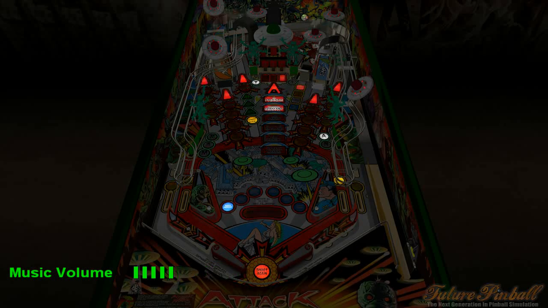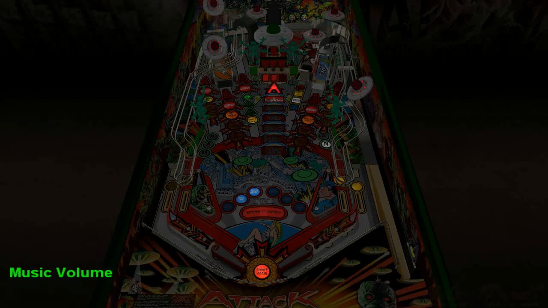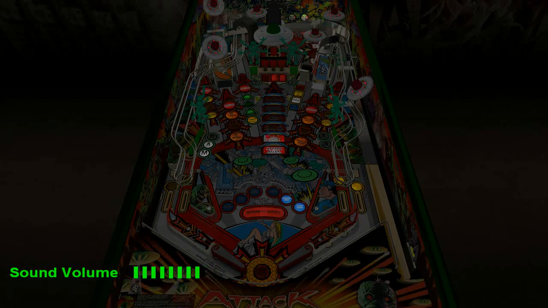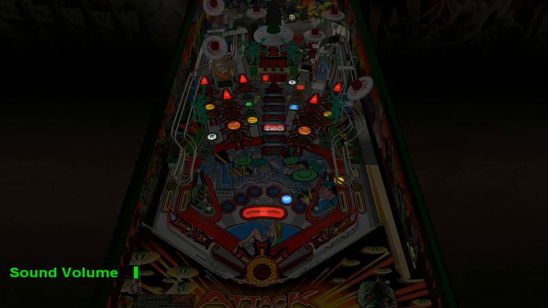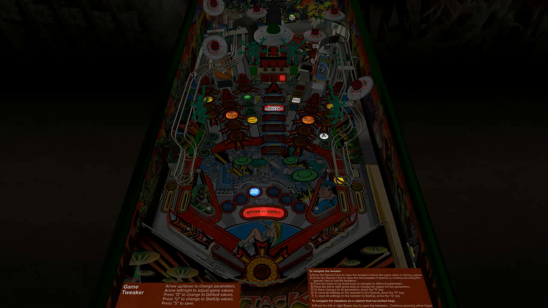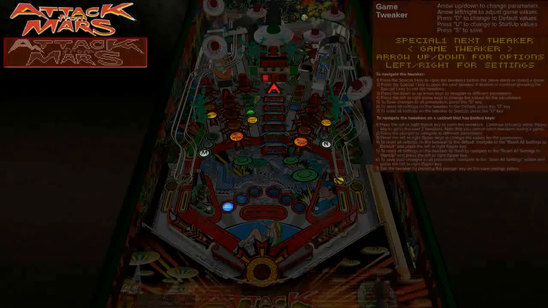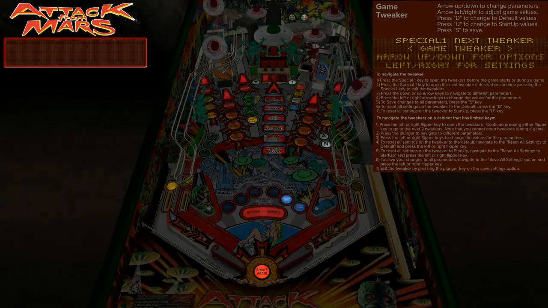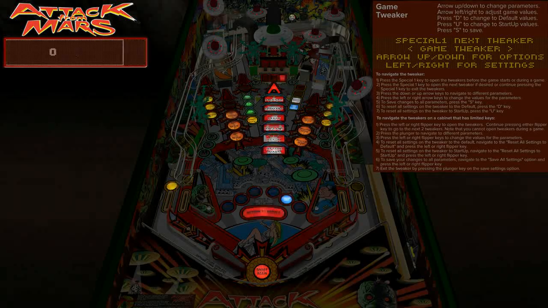I need to turn this volume down so that you can hear what I'm saying. And then we'll open up the tweaker. I've got two places where you can display the DMD for the tweaker, and I moved it up to the HUD,